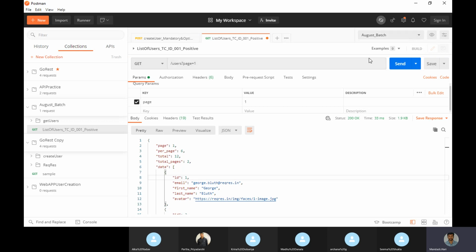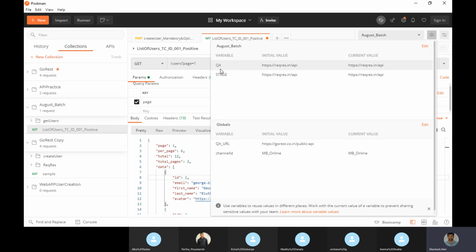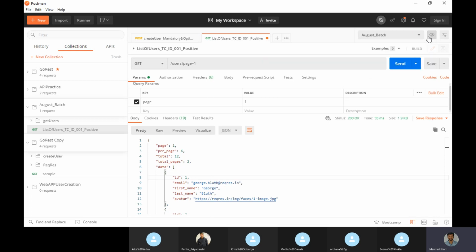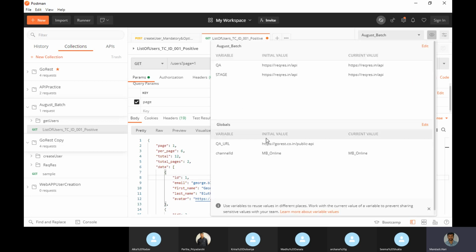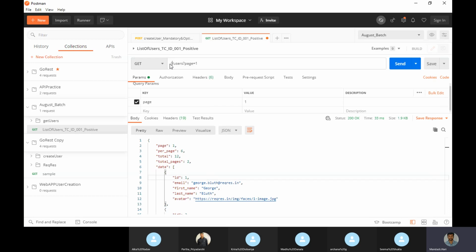Suppose if you have multiple projects, here you can select which environment variable data you want to select. So now I want this. Now I want to use whatever variables are here; I can see them by clicking the eye icon. From the eye icon you can check what variables are available. Now I can give this reference URL name here. It should be in double curly braces like this and close double braces. It will show now here.